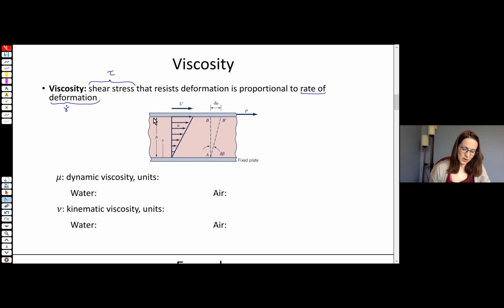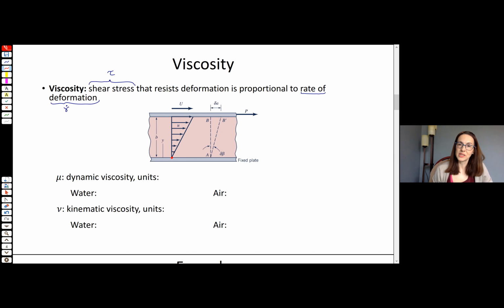A couple other things to note: the height of the gap is B in the Y direction. It's infinite into the page. The top plate is moving now with a velocity of capital U. And we'll talk about this stuff in just a moment. Let's talk about this linear velocity profile. It develops a linear velocity profile. And if we look at the boundary conditions, we know that